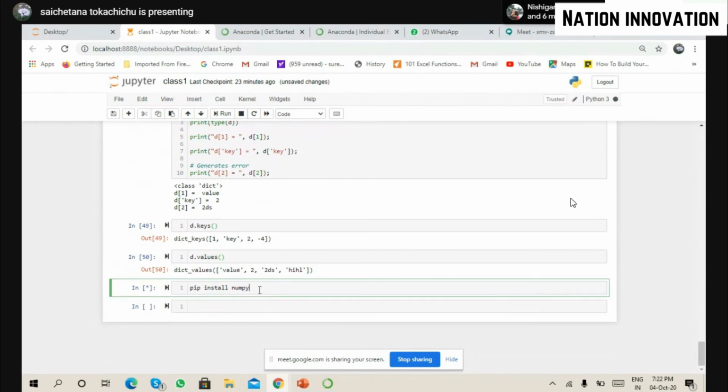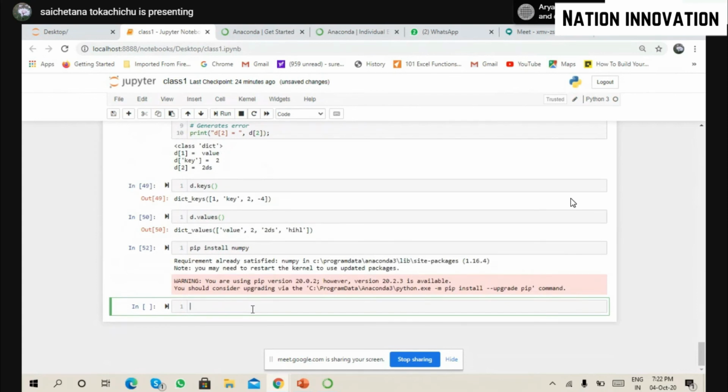Pip install numpy, pip install pandas, scipy. So this is how you install a new package or library into your Python environment. Now you have installed it, everything is good to go. Now you want to run it, so how do I run it? I say import. I want to import NumPy. I want to import NumPy as np.